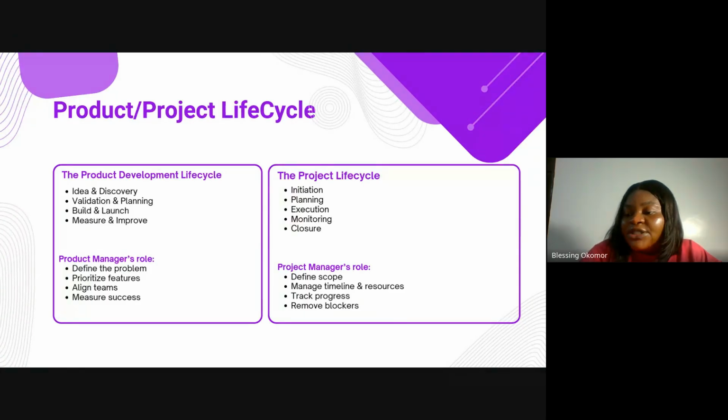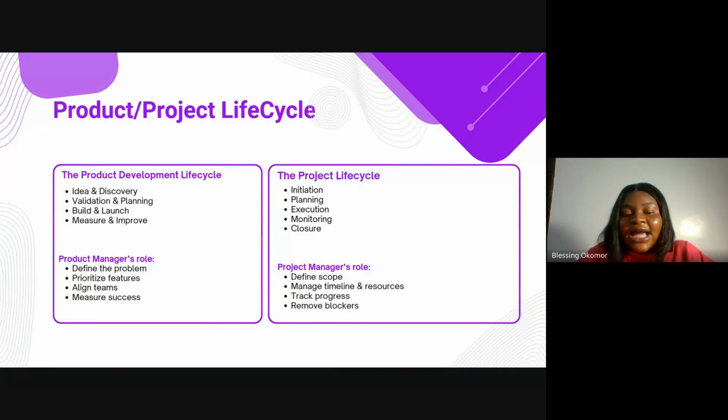And as a product manager, remember we said the idea, right? You discovering that idea first, then validating it, right? So the phases are idea and discovery, validation, then planning how you are going to build it and why you want to build it, then you build and launch that product, right?